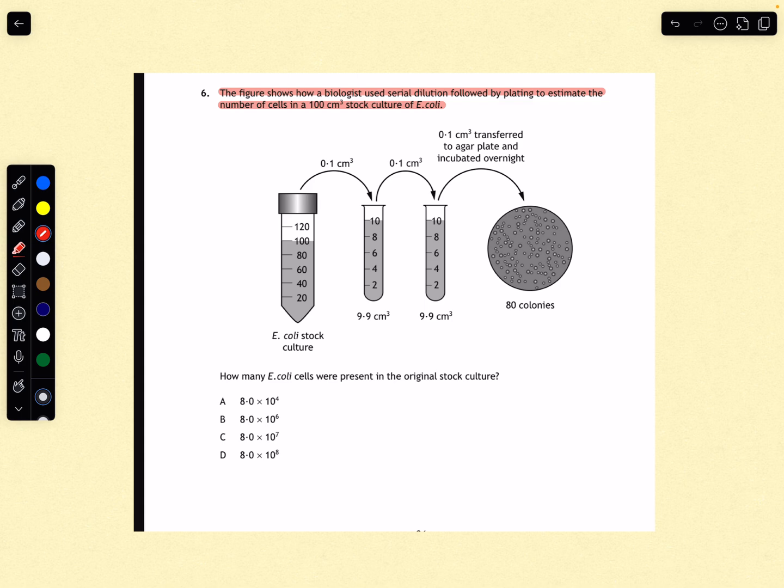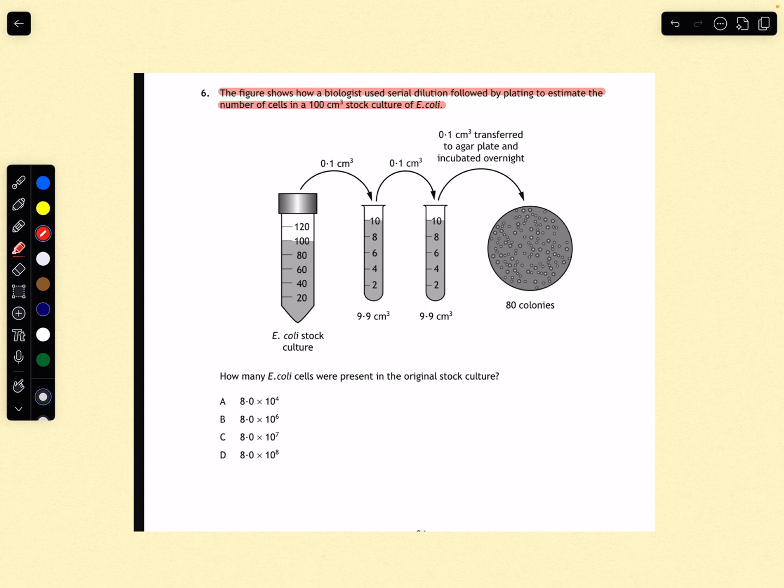And we look at each of the containers with the liquids in them. The first one has the 100 centimetres cubed original E. coli stock culture. Then the next one has 10 centimetres cubed, made up of the 9.9 originally there and the 0.1 taken from the first test tube. And then the other container has 10 centimetres cubed, made up of 9.9 centimetres cubed, which was originally in there,